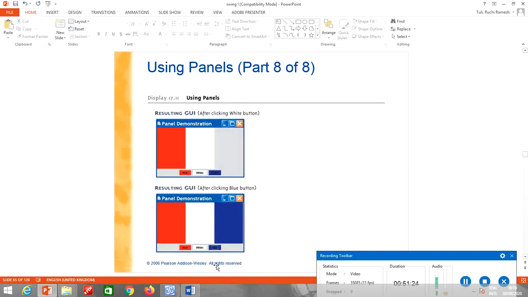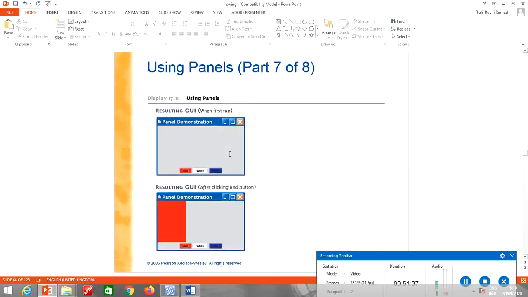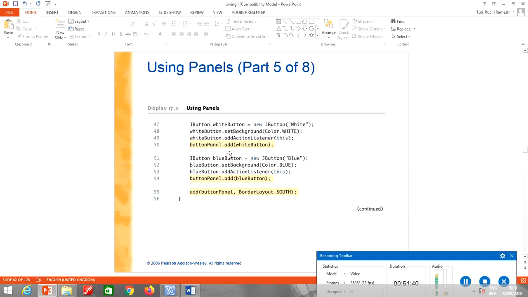So if you see, clicking on white, the center part is colored as white. Clicking on blue, the last part, the rightmost part, is colored as blue. Before I do the program,